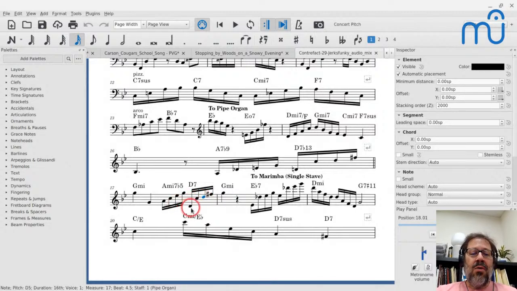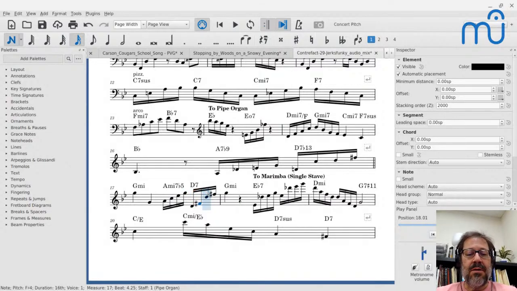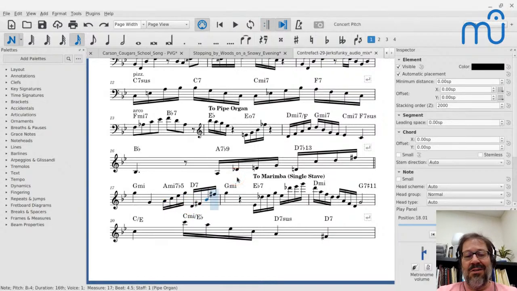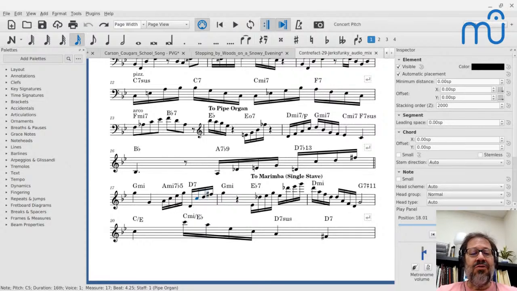Instead of doing, let me destroy your piece for a second. There we go. Let me play this. Don't do that. Don't just have a root position A minor 7 flat 5, then root position D7, unless you really want some jerkiness. So what Dave's got going on here is really nice in that